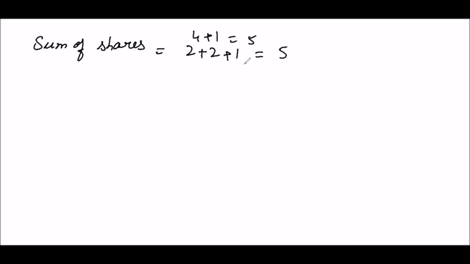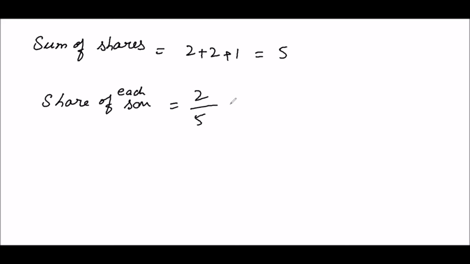So we have sum of the ratio 5. So we should write only once. Now share of each son will get 2 out of 5 shares, and the remaining amount was, let us see,